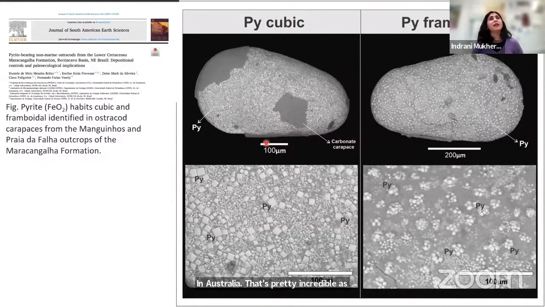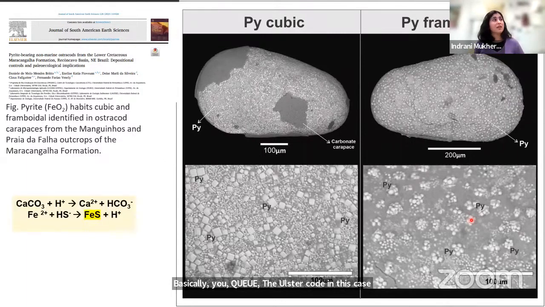And sometimes, and thank God, because I love the fact that they've been pyritized, it can be pyritized. And my aim is to basically find out if there's any way of looking at the trace element chemistry of pyrites in these preserved, authigenically mineralized samples, to see if we can find some signs of biogenicity. But also note in this that the replacement occurs by pyrite with different habits. So the first one, you've got basically euhedral cubic pyrite replacing the ostracod. In this case, you're forming framboids, and that's very interesting to me, the morphology side of things.